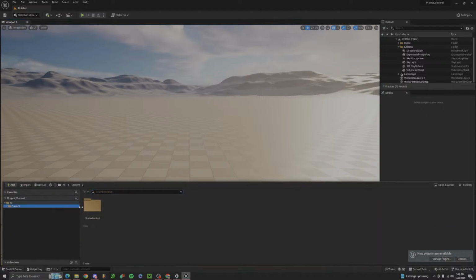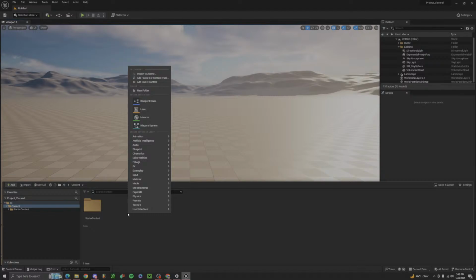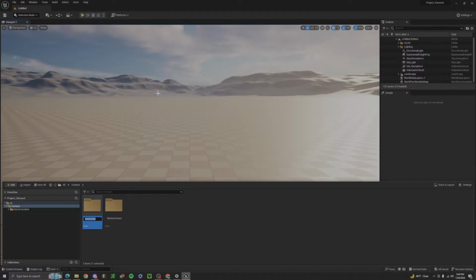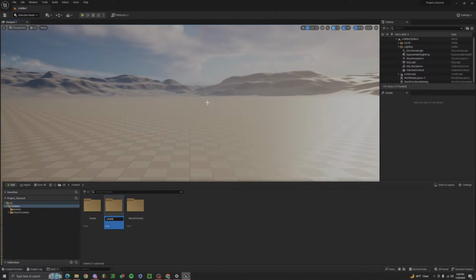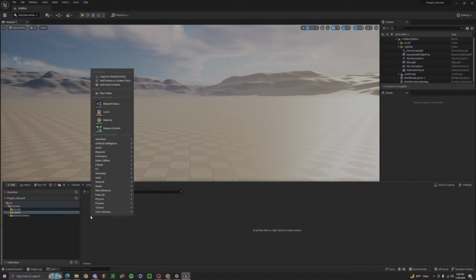Okay, content. Why is it... That's so weird. It's like not showing up the folders I put in there, but whatever. Content. See, here I can do folders. So, okay, we'll do this again. Do assets. We're gonna do levels. Then within levels, I'm going to do